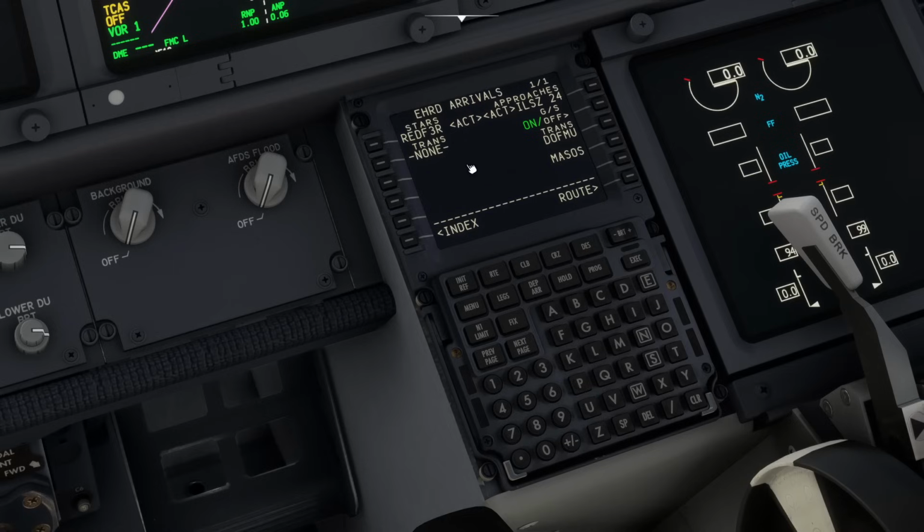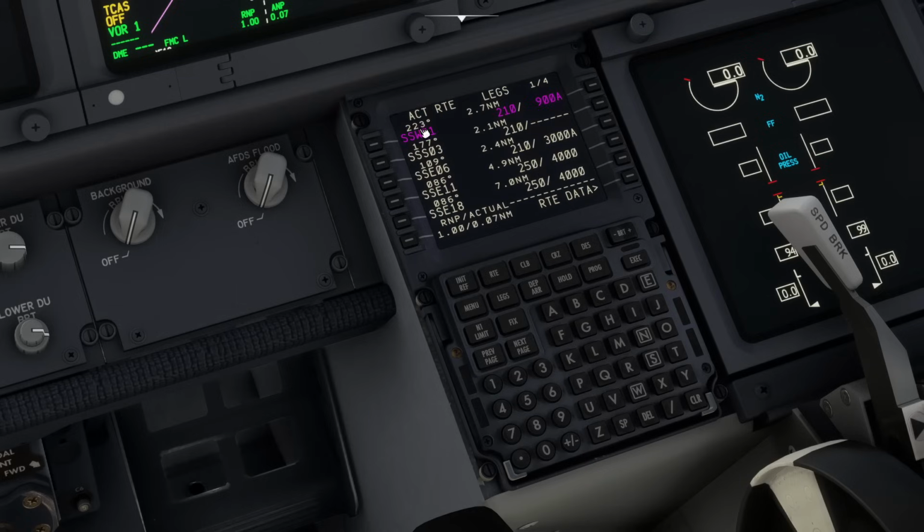So the trick here is, having done the routing and the SID and the STAR, we should have less to clean up on the flight plan once we look in the legs. So if we flick through now, notice there is no discontinuity now between the SID and the routing, because they matched up at the waypoints along the way. We got to Clacton, remember? So there is a discontinuity